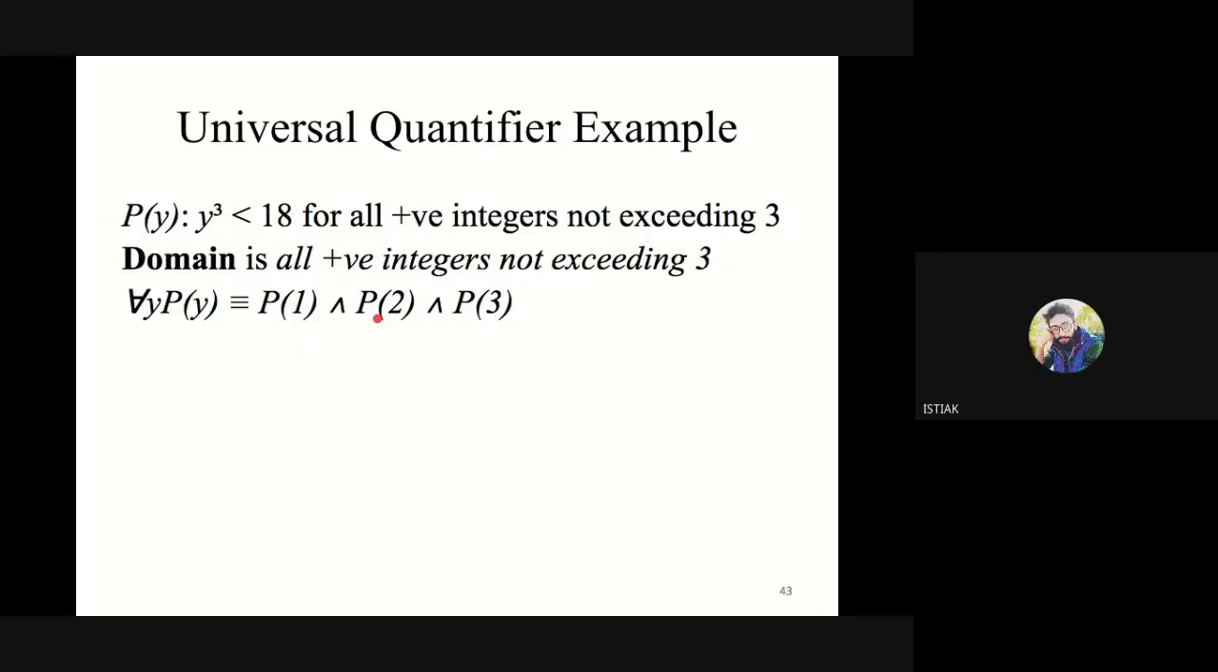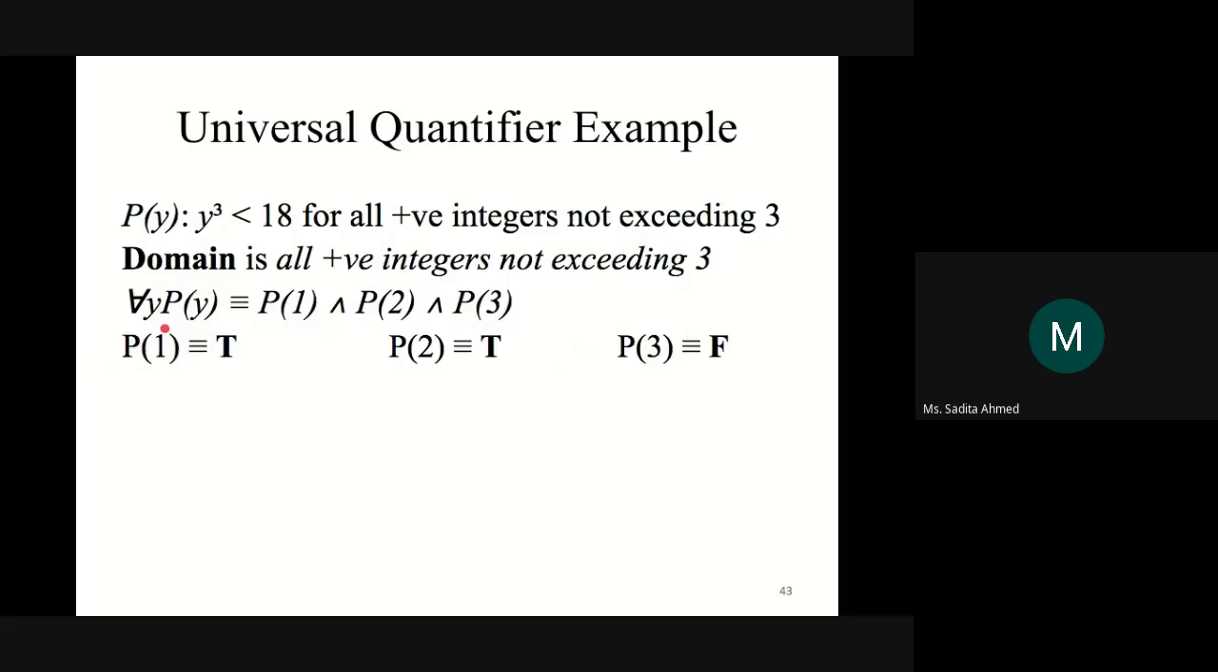2 cube is 8. Also true. And P3, 3 cube is 27. That's false, because 3 cube is 27 and 27 is not less than 18. So you see, P1 is true, P2 is true, however, P3 is false. All right. Now,